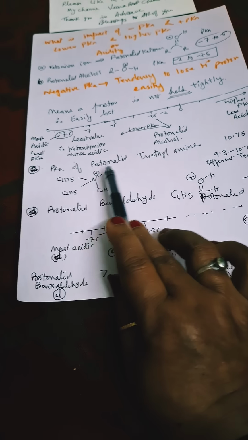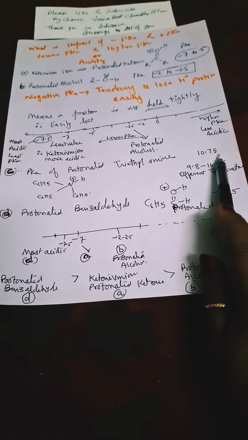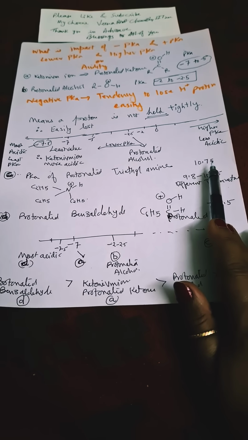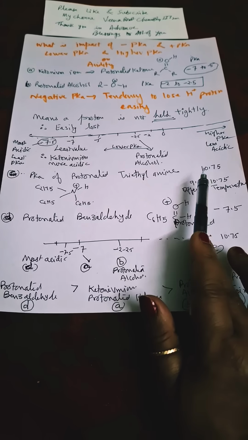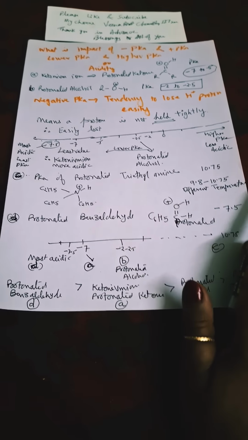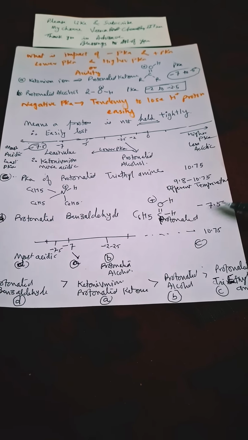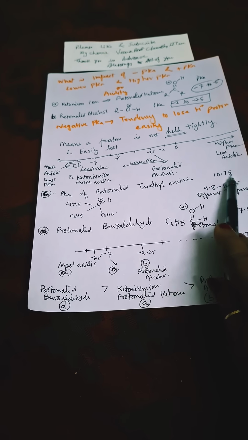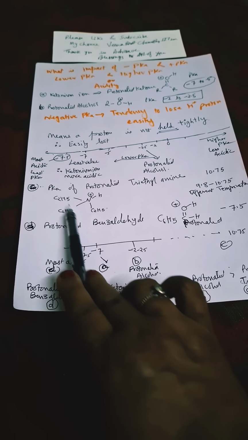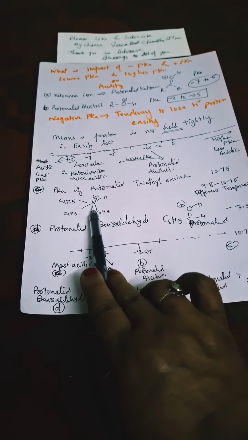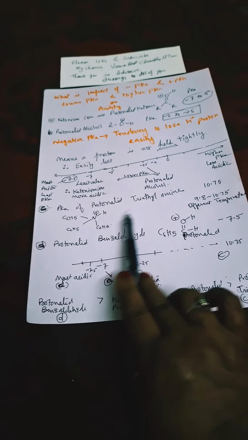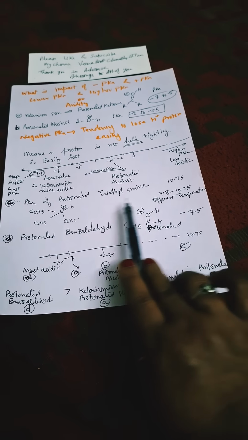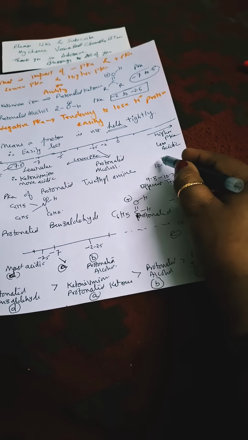So the pKa of protonated triethylamine is given as 10.75. These are the given data. I am not writing the data on my own. These were given data, and they were asking which has more pK and less pK, or more acidic and less acidic, so I took the data from the paper. The pK of protonated triethylamine is 10.75. Here I draw triethylamine, with 1, 2, 3 ethyl groups, and nitrogen carries a positive charge. At different temperatures it will give 9.8 or 10.75, somewhere in between, so I have written 10.75 approx.